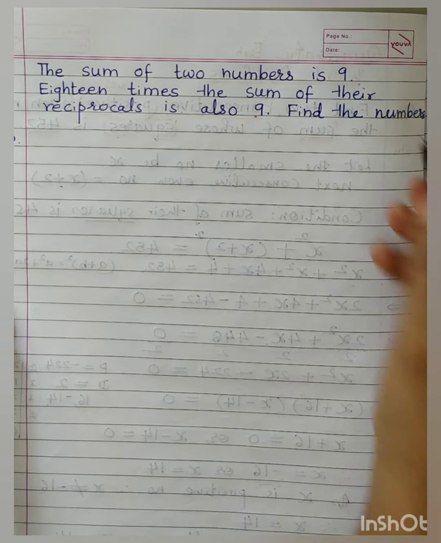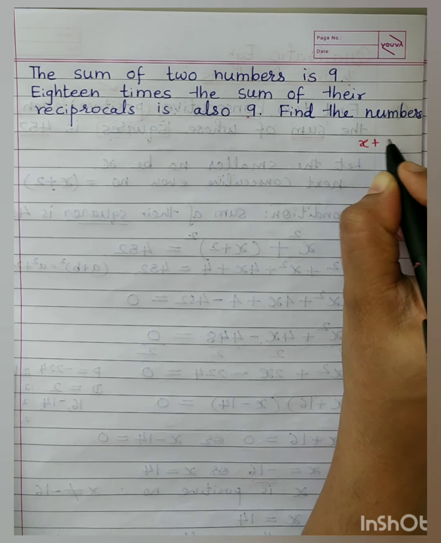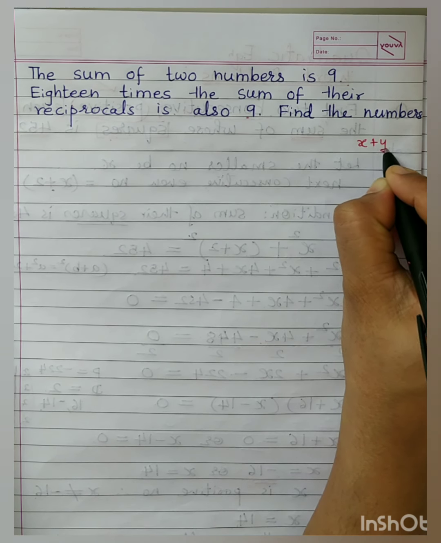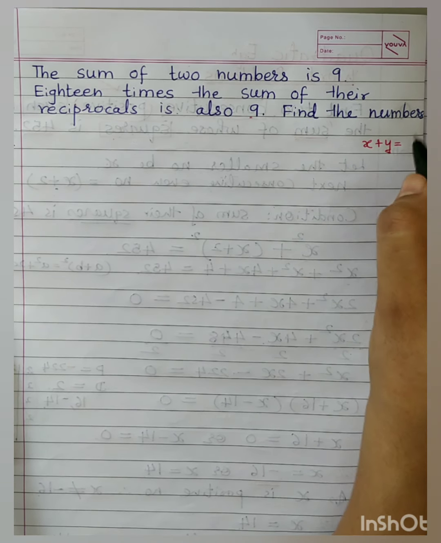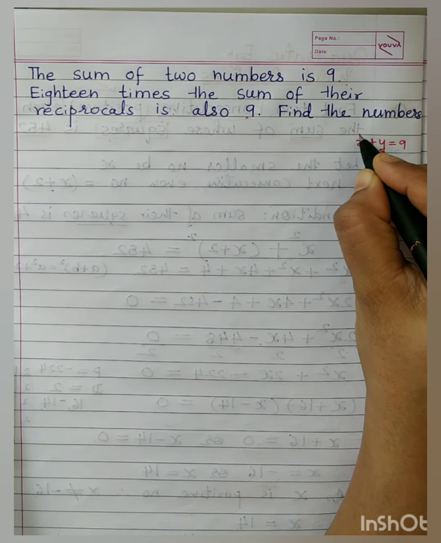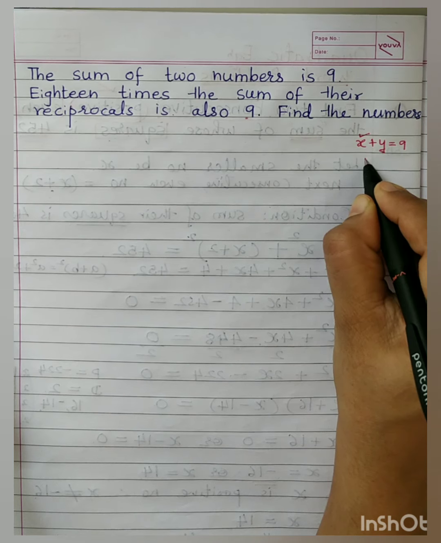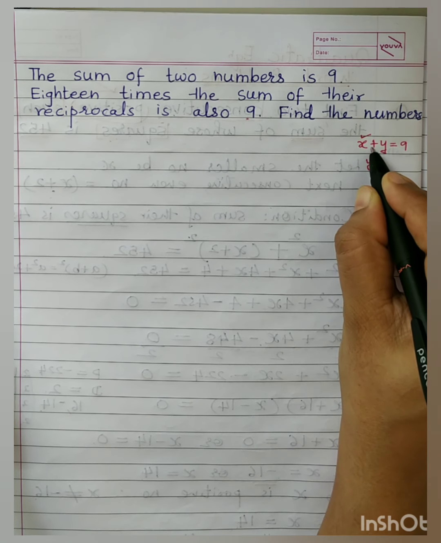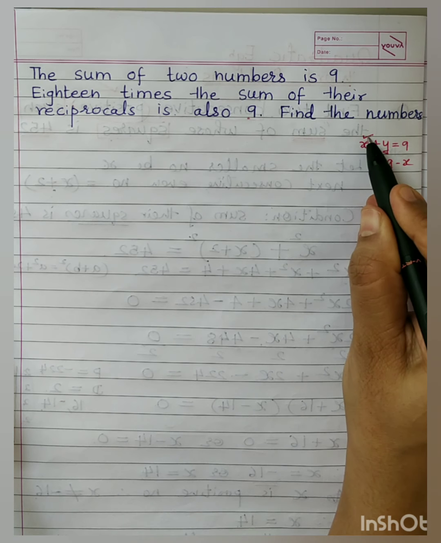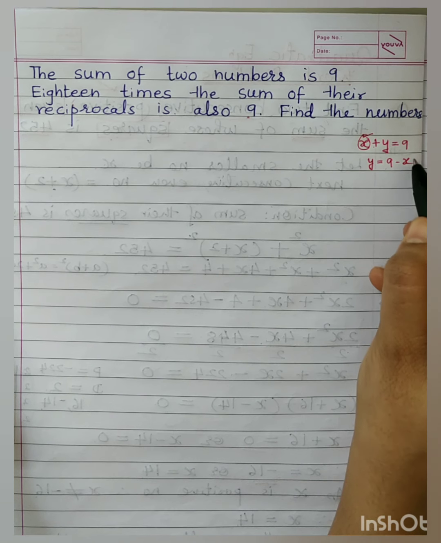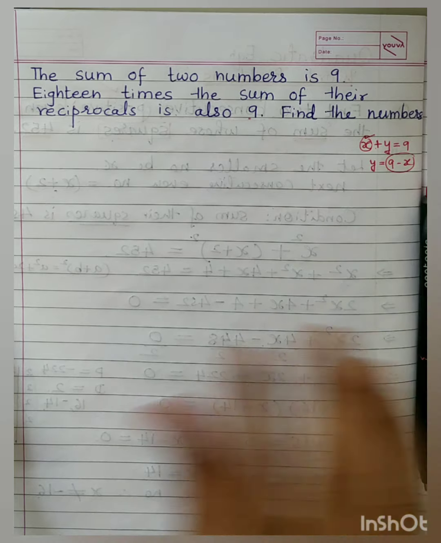Sum of two numbers is 9. Suppose you assume that the two numbers are x and y. See, we are not using two variables. I'm just showing you how to think, because some children avoid word problems, I know it. And word problem is one compulsory question which is asked in the exam. X plus y is 9. That everyone can think, no? So suppose I want the whole equation in terms of x only. Then I can express y in terms of x. So y will be equal to 9 minus x. Have you got it? So if one of our numbers is x, our other number will be 9 minus x. You can think in a literal way also.